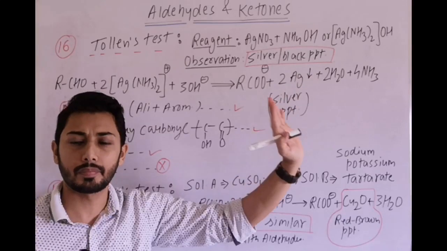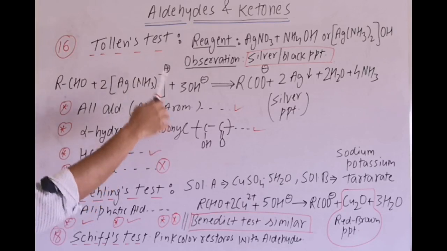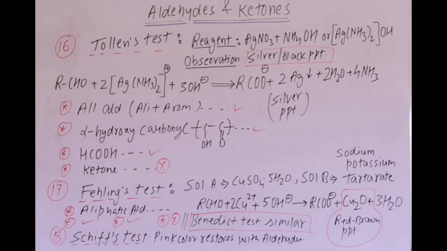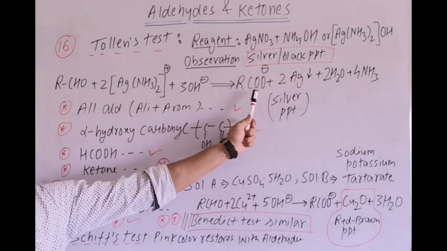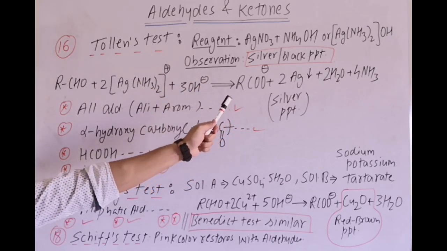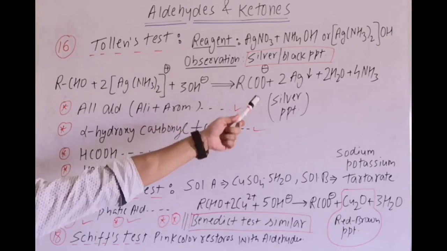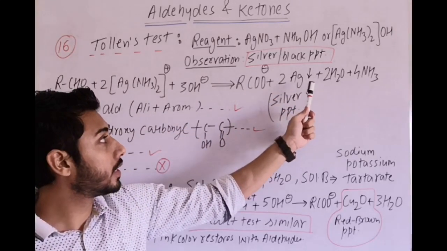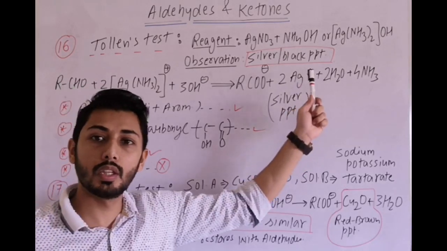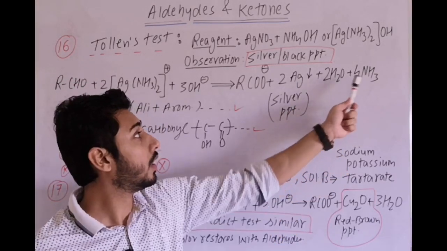Reaction, firstly the observation: a silver or black precipitate appears, that indicates the given compound contains an aldehyde. Now the reaction of aldehyde with Tollens reagent, this is a balanced equation given. It forms a carboxylate salt, that means it is oxidation of aldehyde to carboxylic acid. By adding H plus we can form the acid. The most important point is Ag deposition, which is the silver precipitate or black PPT.